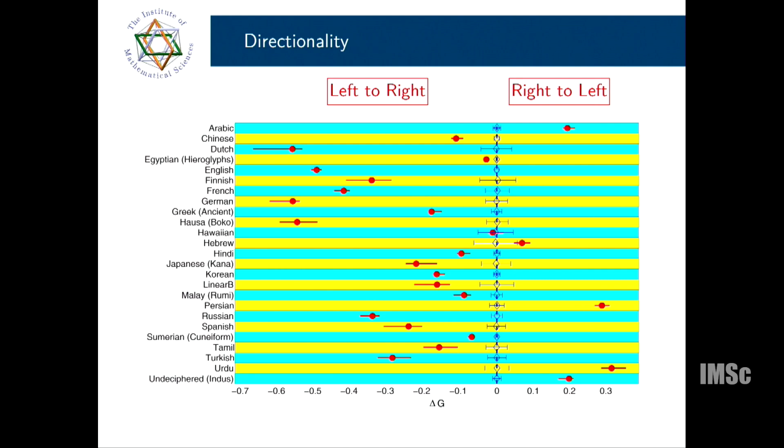Once you have this map, you can put in any unknown writing system and get its direction. And where is the Indus? It is right to left, without any ambiguity. So this is the beauty of computational methods.